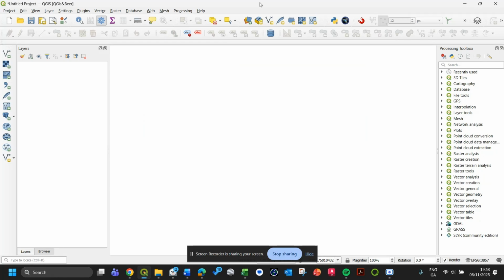Well, today we are starting a new series of lessons, and I'll show you how to add different kinds of files into our projects from different sources, like a Google Earth KML file and an AutoCAD file, and how to deal with Excel XLS files in QGIS, how to merge them into our project,